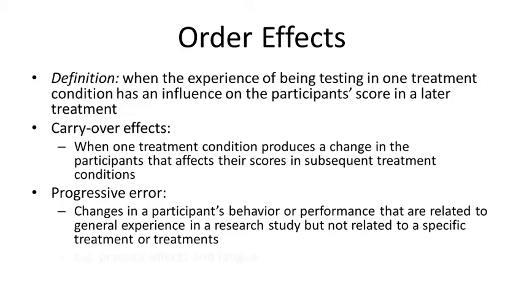Progressive error might sound a little confusing, but it basically refers to just things like practice. You know, when you measure people multiple times, eventually they're going to get used to it and they're going to start responding a bit differently. If somebody's an expert participant, they're going to react quite different from somebody who just got started, right? Or, as I mentioned before, it could go the other way. Participants might just get bored of being measured again and again and again and just get worn out and fatigued.